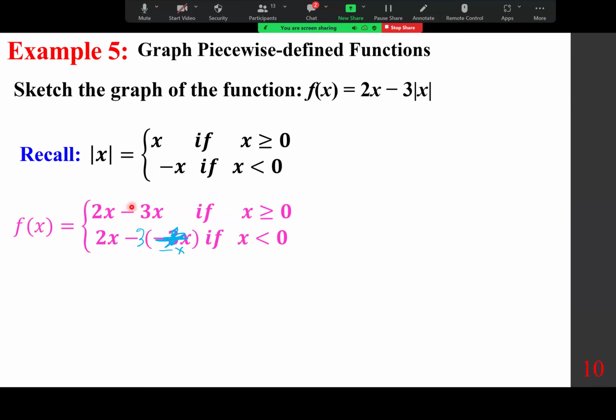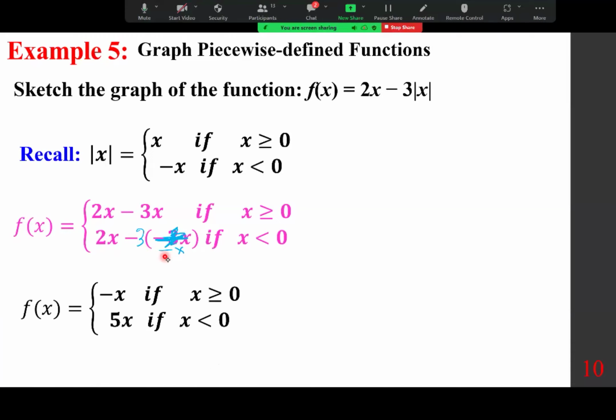What is 2x minus 3x? Minus x. What is 2x minus 3 times minus x? That means plus 3x. That means 5x. So now these are the two pieces of the puzzle. F of x on the one hand is minus x, on the other hand is 5x. So how do I graph